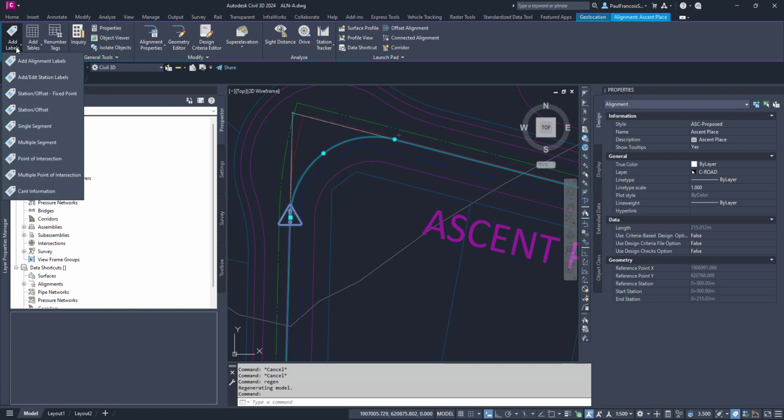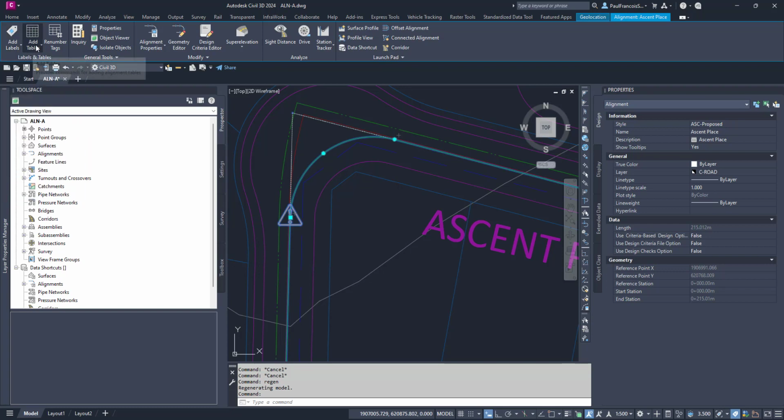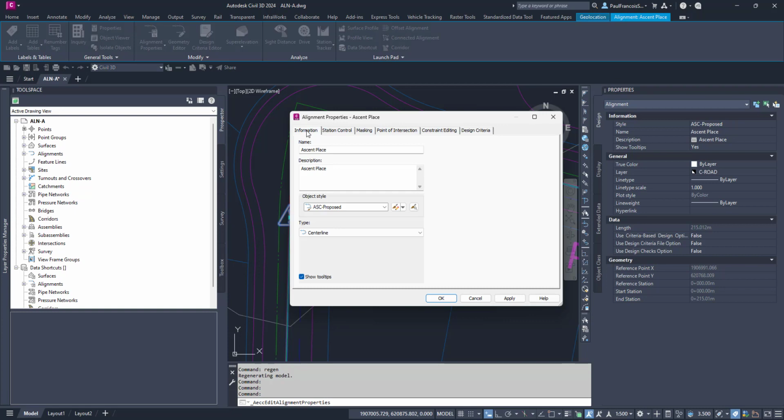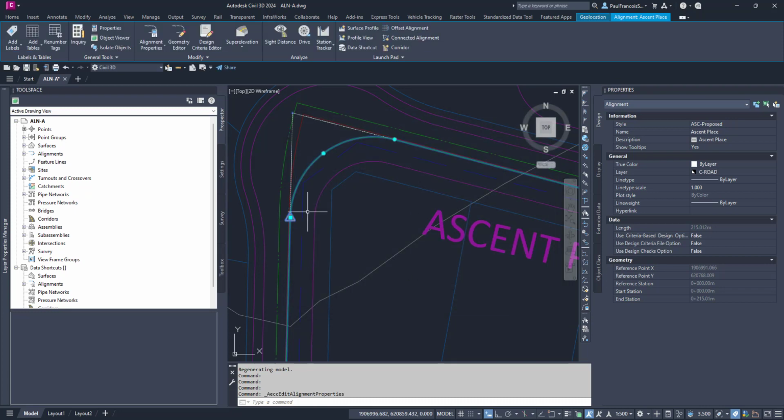The multiple segment labels, which one would think might be the solution, is just a way to annotate the lengths of the tangents, their bearing, as well as the curvatures. And so there's nothing here that indicates that one can add a label set. And in the alignment properties, we'll also see that there's no place to input anything like an alignment set. And this is confusing because one would like to think that if you clicked on an item that you would gain access to those sorts of